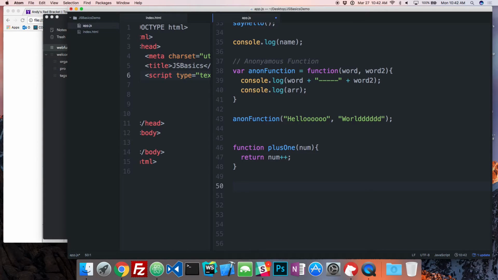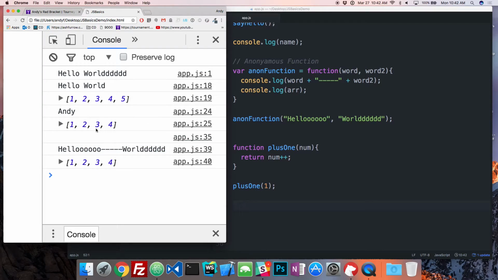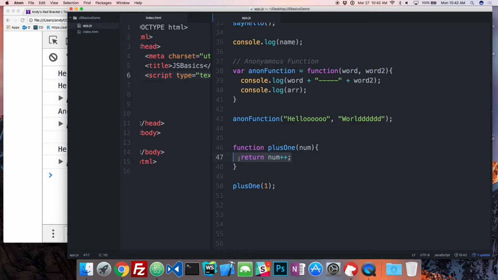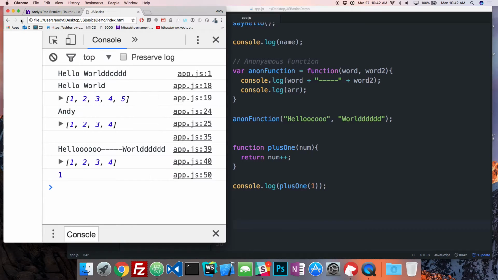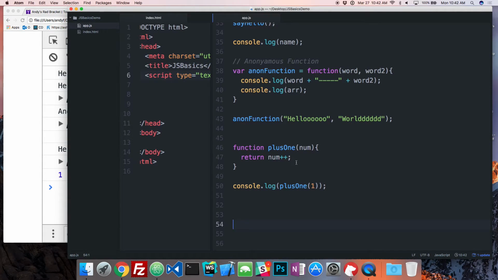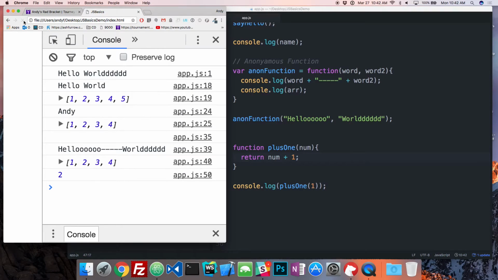So now, if I call this function, say 1, it should return 2, right? But if I run this, I'm not going to see anything, because just because it returned it, it's not going to put it on the console, right? So now, if I wanted to actually see what it's returning, I have to put a console log, and then I'm going to console log the thing that it returns. Like that. Right, let's take a look. There we go. 2.